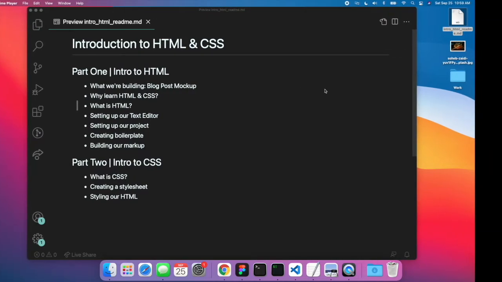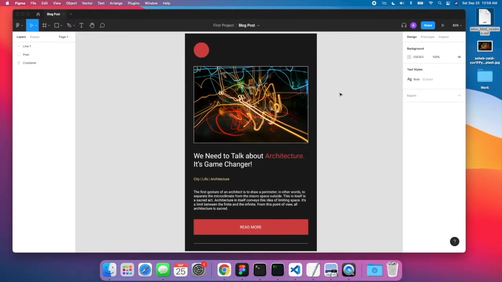Now moving on to a mockup, this is an example blog post. This is the mockup that we will go over in this video. For those wondering what tool I use to build this design, I use Figma. Figma is a web-based graphics editing tool that allows you to do quick wireframes and prototypes of mobile, web, desktop apps. Some people even use this tool to build social media content such as Instagram posts, Snapchat filters, Twitter and